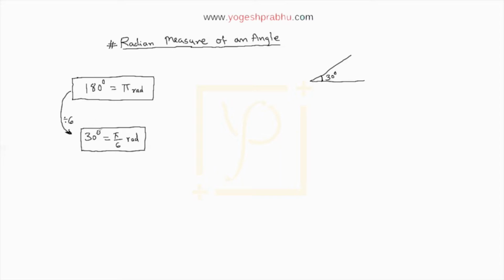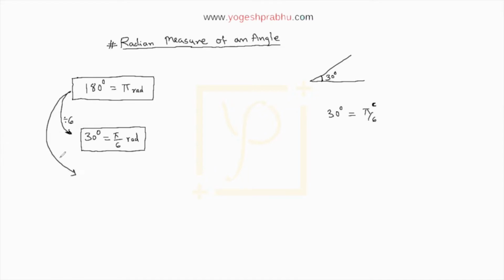And it is good if you can remember the standard angle conversion, that when you say 30 degrees, it is equal to pi by 6 radians. Or you can write it like this with a C on top, and that also means radians. All right, that's the first one. You can just keep on doing this.